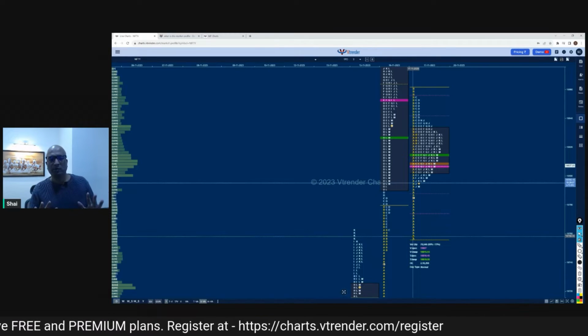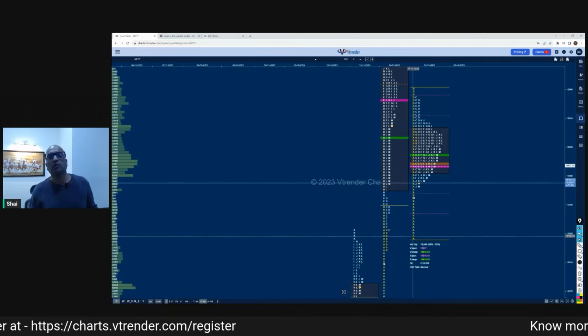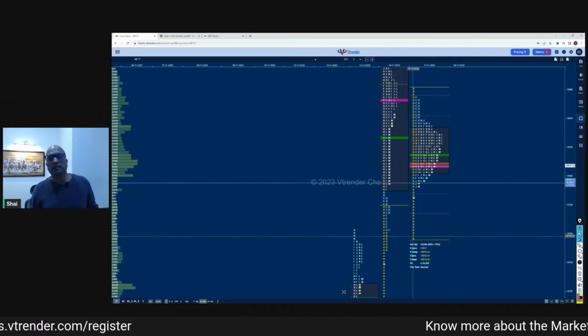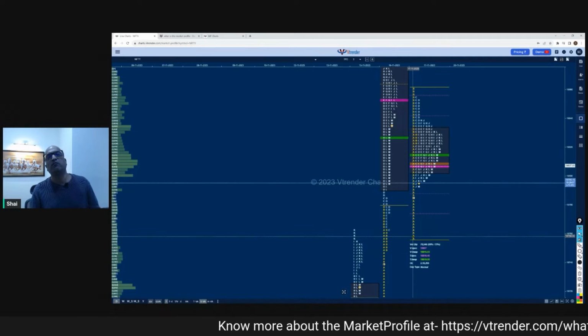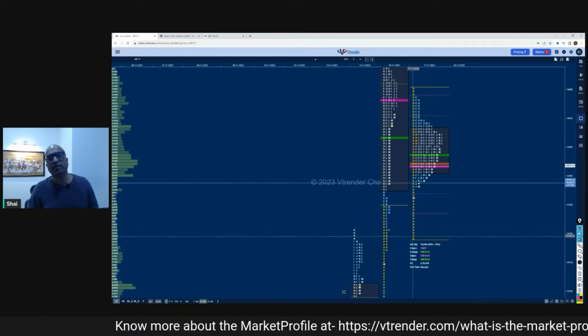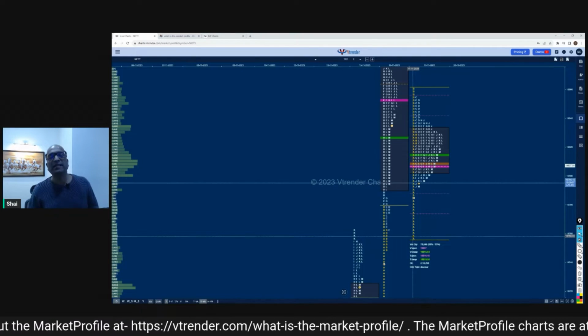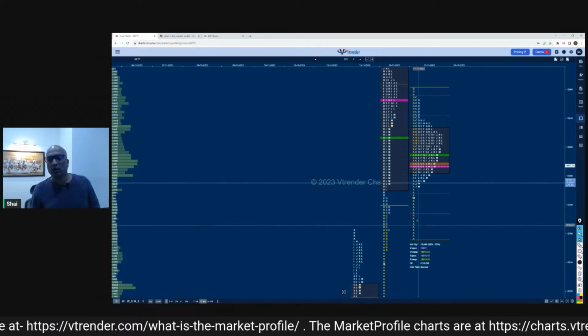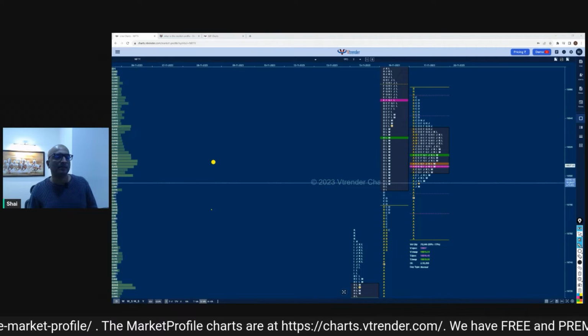Not very complicated, because we are looking at the basics over here, not a lot of complicated stuff, but a few words I'm going to give you, which are basic requirements of understanding a market profile chart. And the first of those words is this word called TPO, or time, price, opportunities. TPO.